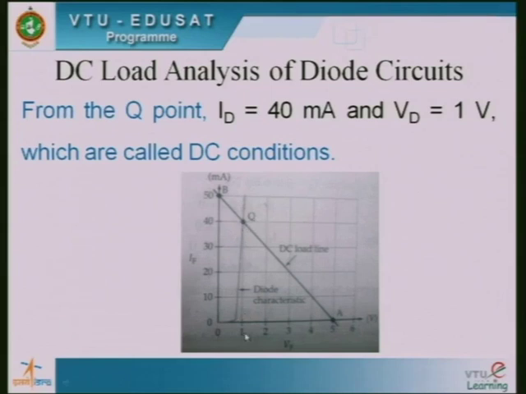Corresponding to the Q point, you can extend it along the x-axis, and you will get VD equal to 1 volt. Similarly, if you extend this Q point on the y-axis, you will get ID equal to 40 milliampere. So from the Q point you will get ID equal to 40 milliampere and VD equal to 1 volt, which are called